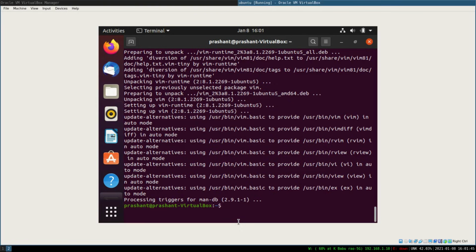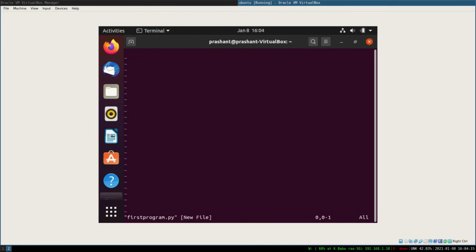It takes a few minutes for the package to get installed, but let's type vim again. Your script name could be anything, and you have to end it with .py, and you can type in the Python syntax that you want to be executed. I am just going to print some very simple statements like hello world, and let's also print the sum of two numbers.